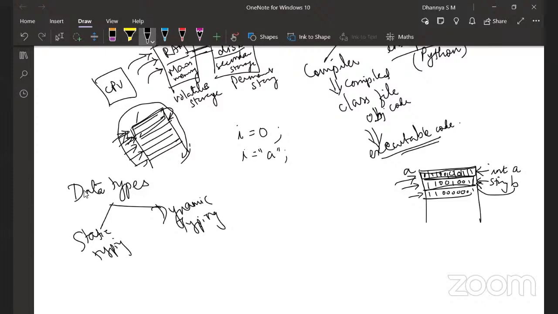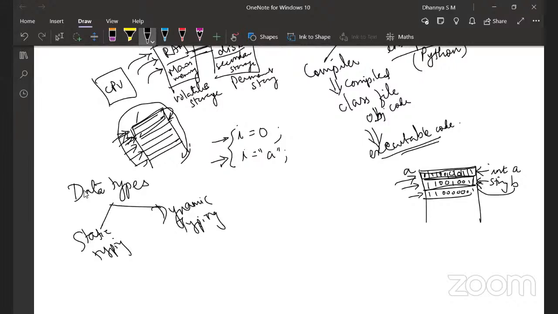This is permitted in Python. So you are associating a type with this variable in a dynamic sense. In one statement you say it is an integer, in another you say it is a string. This is the dynamicity. You are attaching the type dynamically during runtime. That is dynamic typing.